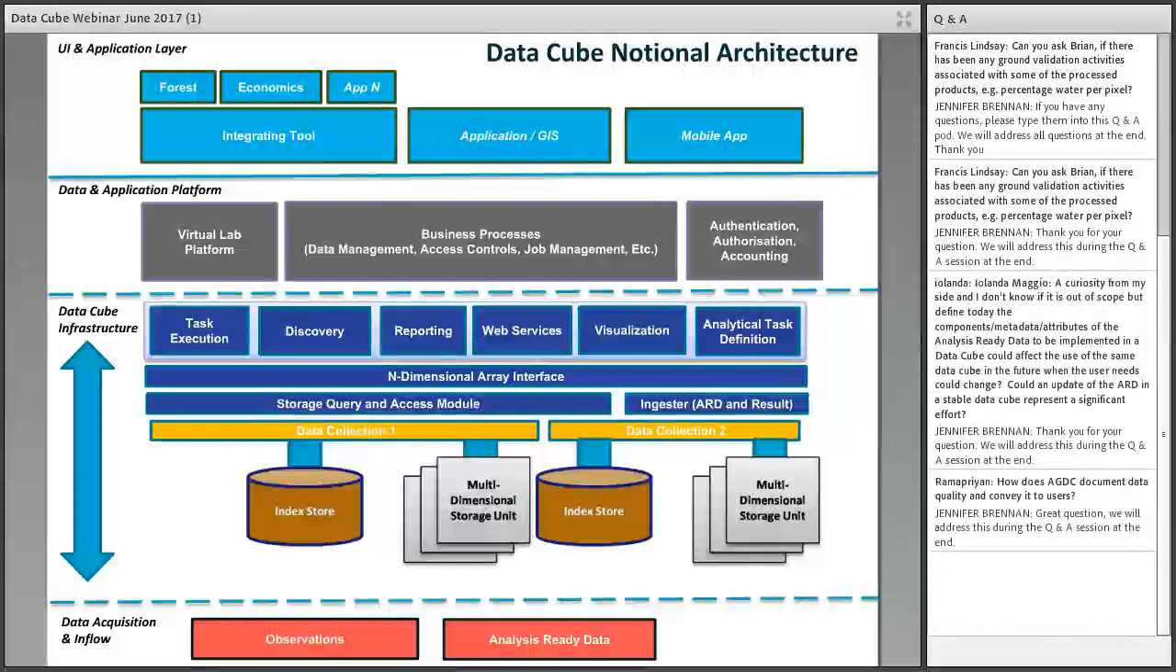Above the n-dimensional array interface, we start getting into some of the other things we need to be able to do. We have prototypes for some of these. Web services for doing OGC web mapping services have just started to come online. We've got tools that enable you to